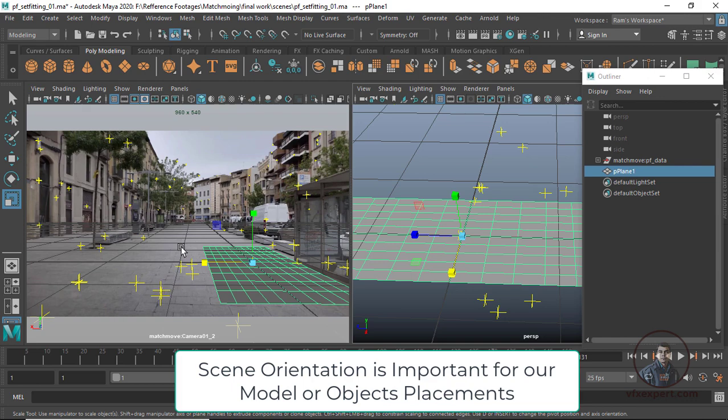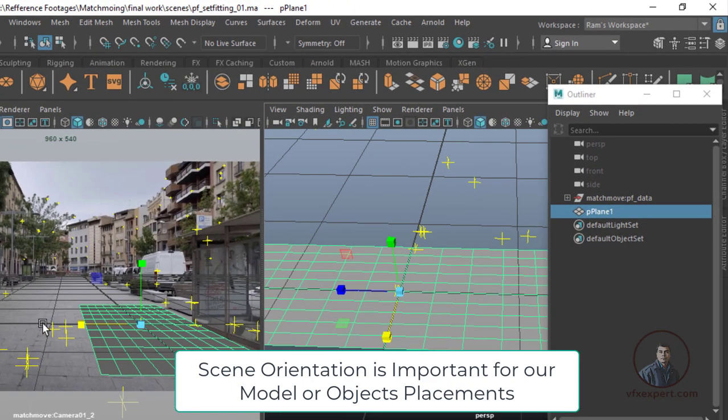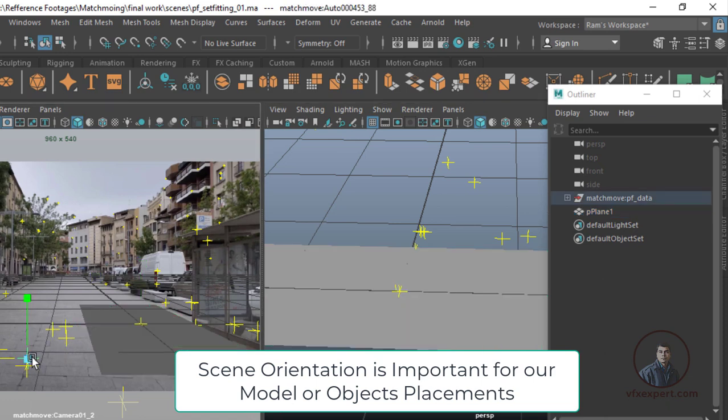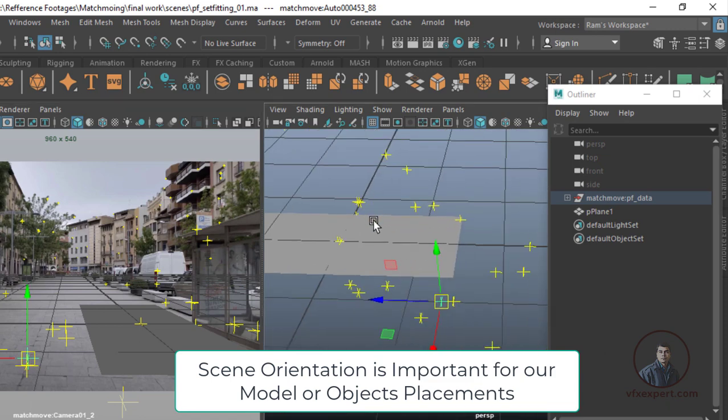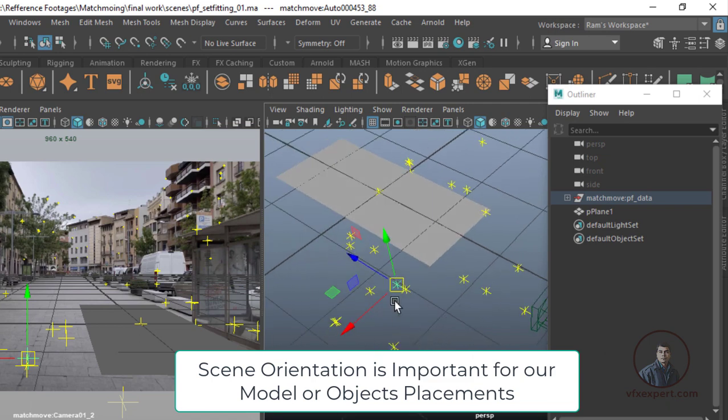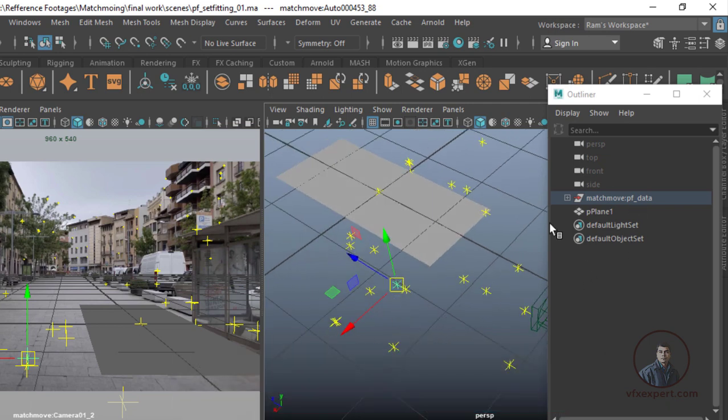So according to this line I am going to adjust our scene orientation. For this I am selecting these points. Now simply press W. Now come into our perspective view. This is important: first we have to select our scene group again. Click to deselect first, then select the scene group.